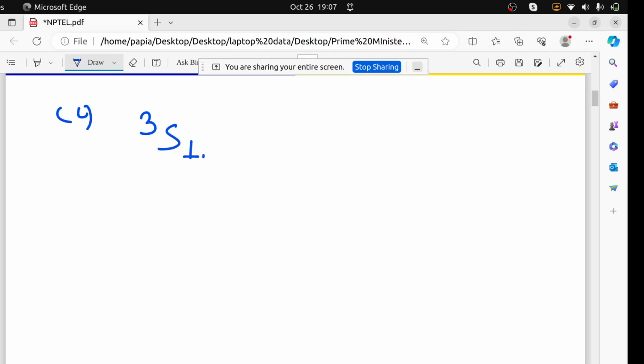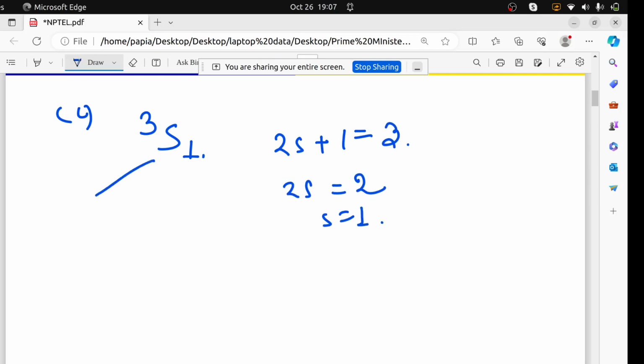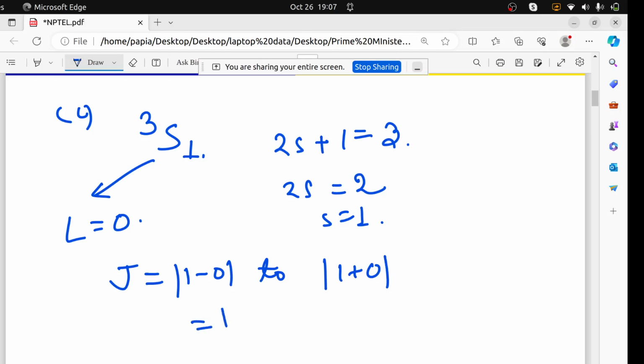For 3S1, I am just going to write here quickly that 2s plus 1 equals 3. Then 2s will be 2 and S will be 1. And from this notation, L can be written as 0. Then what will be the value of J? J will be 1 minus 0 to 1 plus 0, that is nothing but 1. Now you can see that our J is coming as 1, and here also in that notation it is giving as 1. So that means 3S1, that is